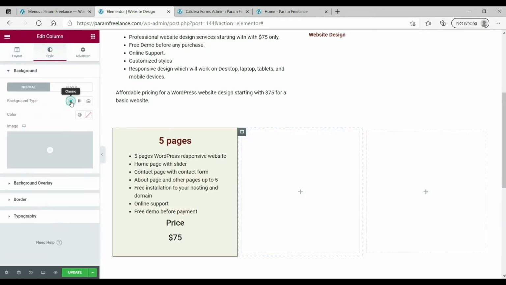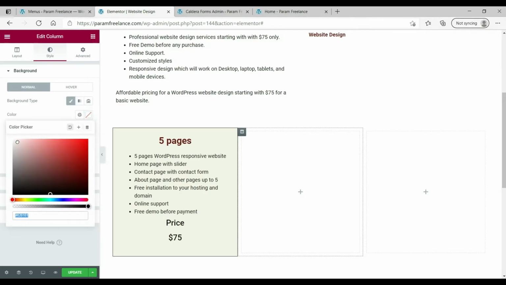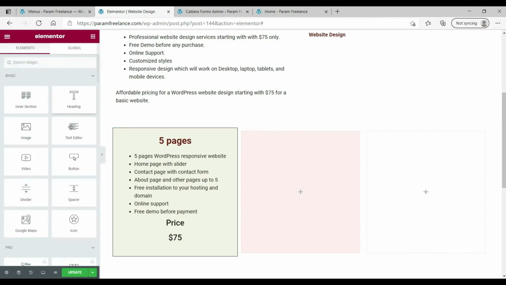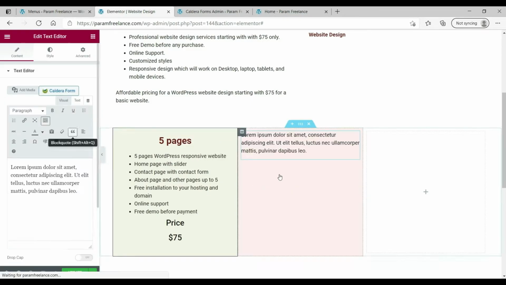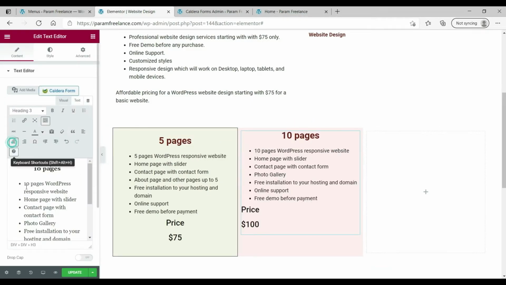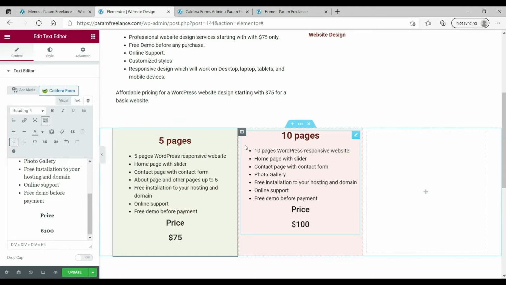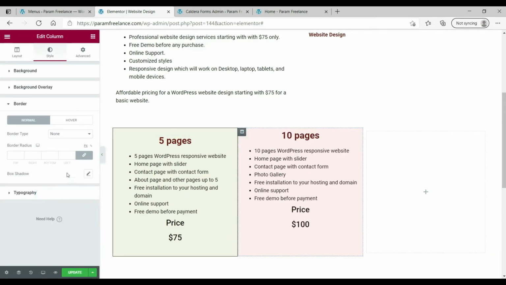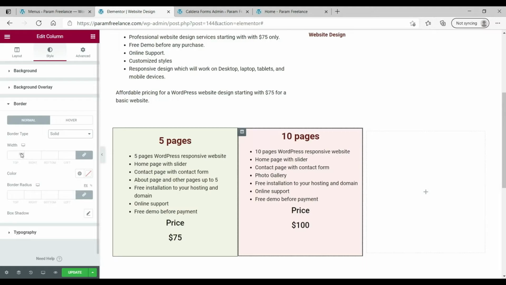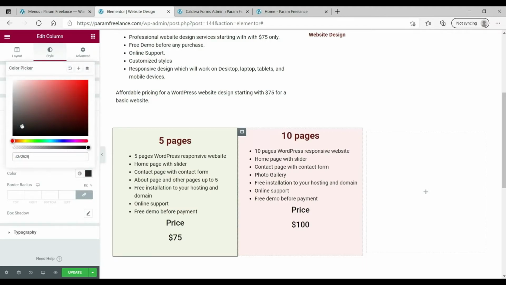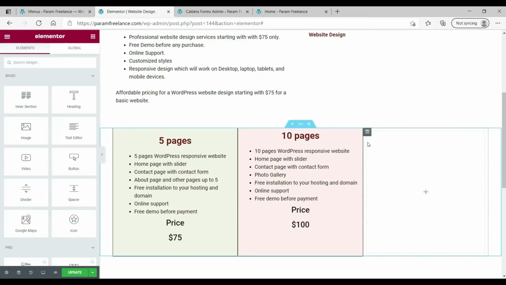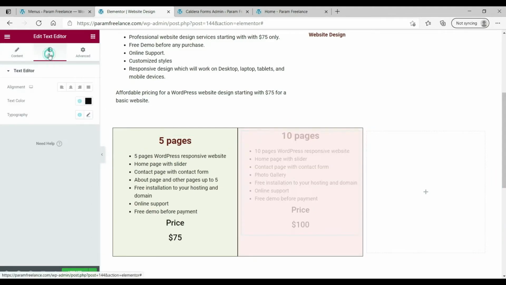style, change the background color of this column also. Let's make it somewhat red, the pink. Okay, done. Now click on it, get a text editor. I have the text, just align this to center. Okay, and add border to the column, solid, 1 pixel, make it somewhat dark. Done. Now go to the third, let's add some padding also similar to the other one,